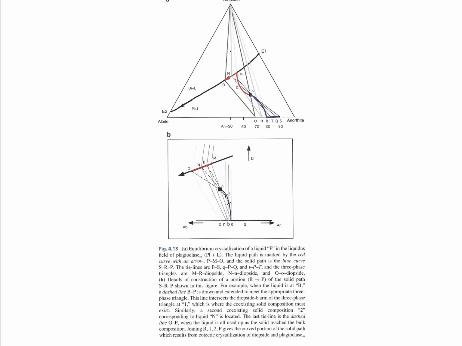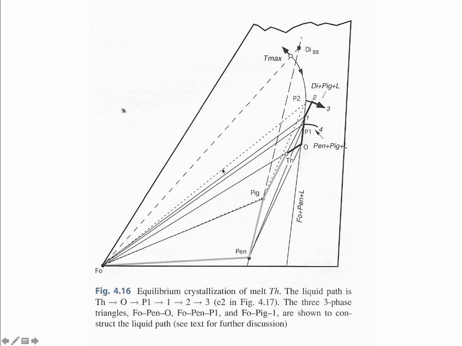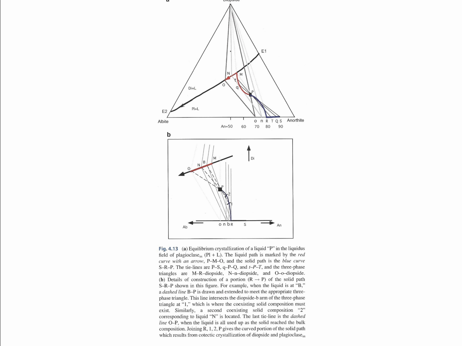Because then we are changing our melting behaviors and our melting temperatures here between E1 and E2, and that is strongly dependent on the bulk rock composition, yeah? So our melting behavior is now dependent on